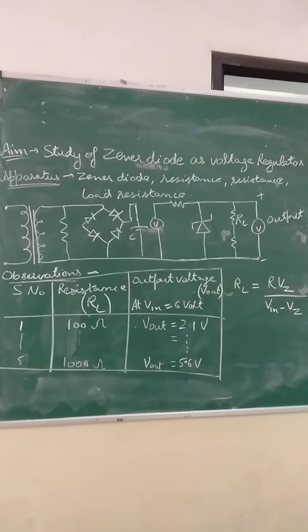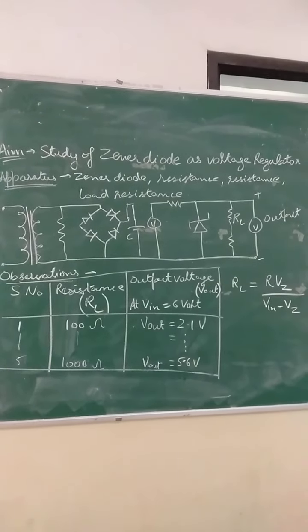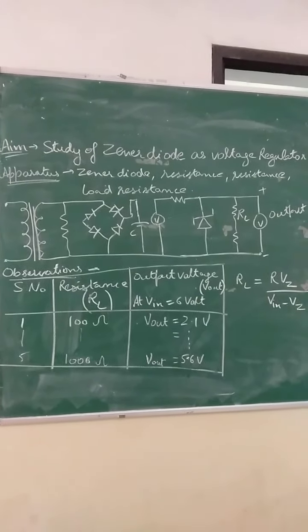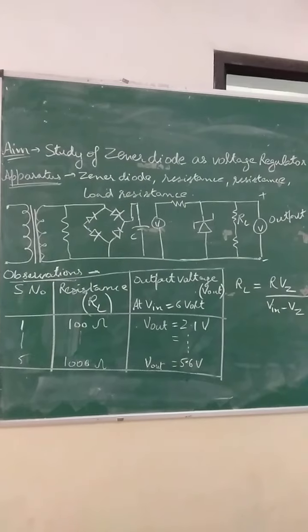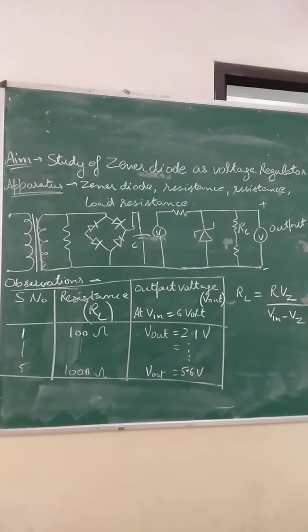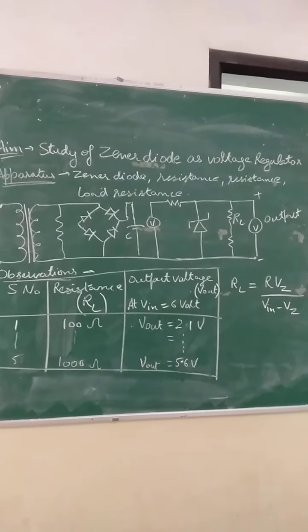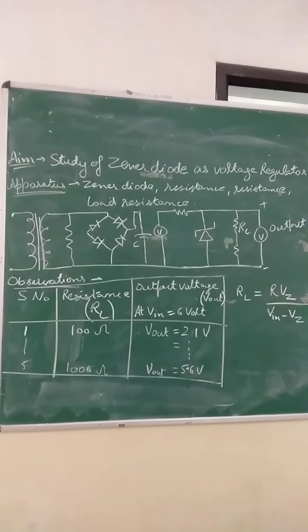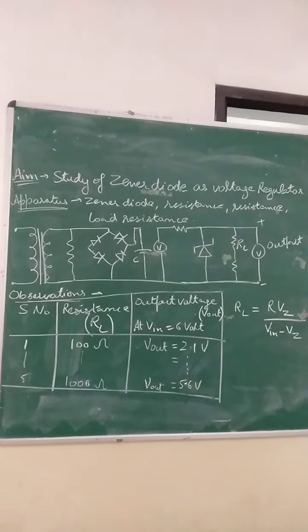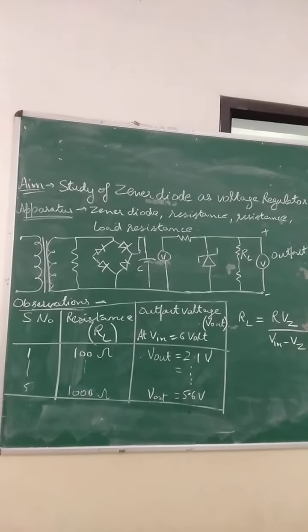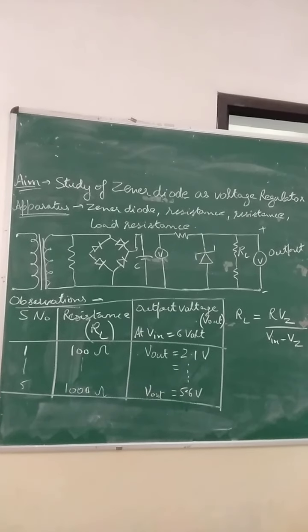So no doubt variation will be there because it is a digital circuit. So from 100 ohms of load resistance I can trace V output, but V input will be the same. V input is the constant value. Okay, so this is your concept for the voltage to get stabilized from step down transformer to the output end, and output is always at the load resistance.